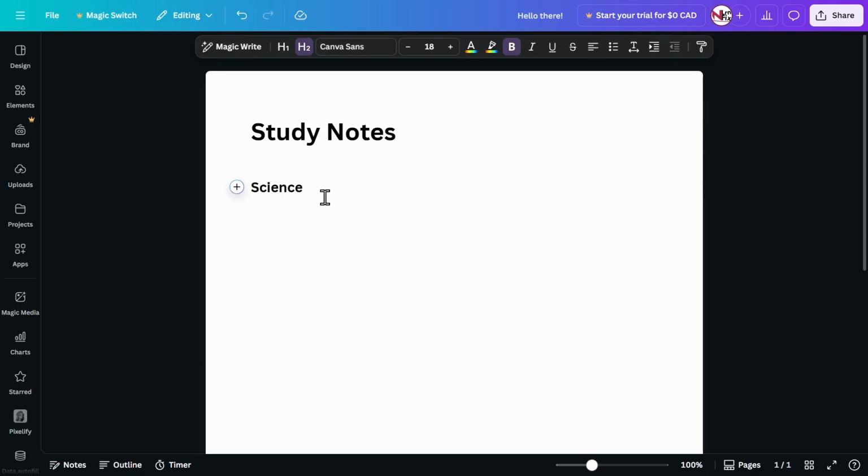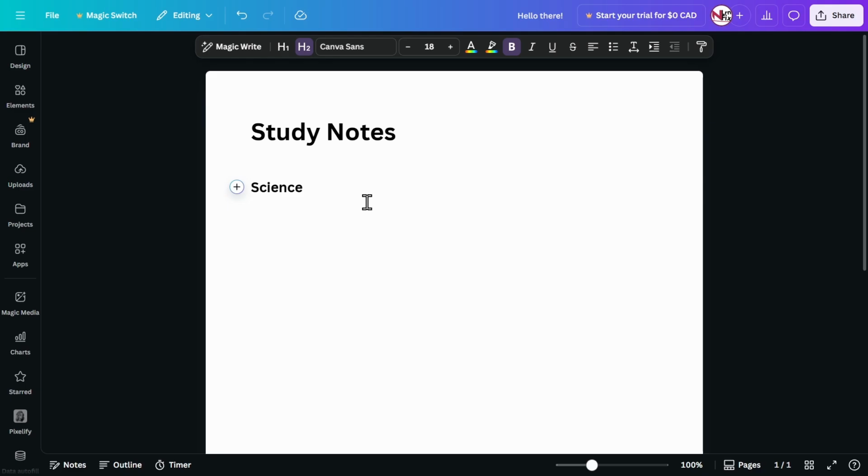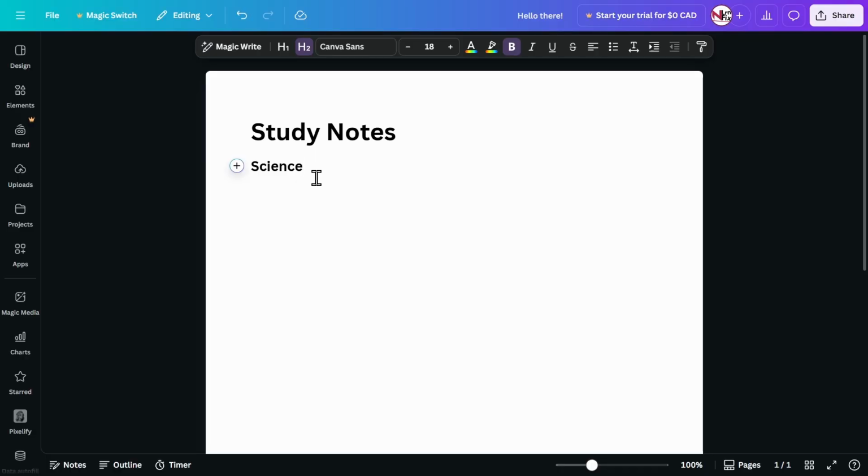And also, if you think that you can use links to go to those headings and subheadings that you made, then you can't do that because Canva Docs is still in beta and it doesn't support this type of linking method, just like Microsoft Word and Google Docs do. Like if you have a table of contents and then you have some link that you would want to go to the science heading, you can't really do that in Canva Docs. But